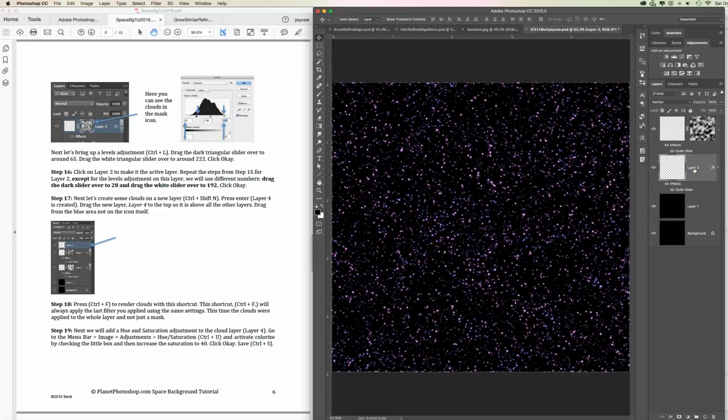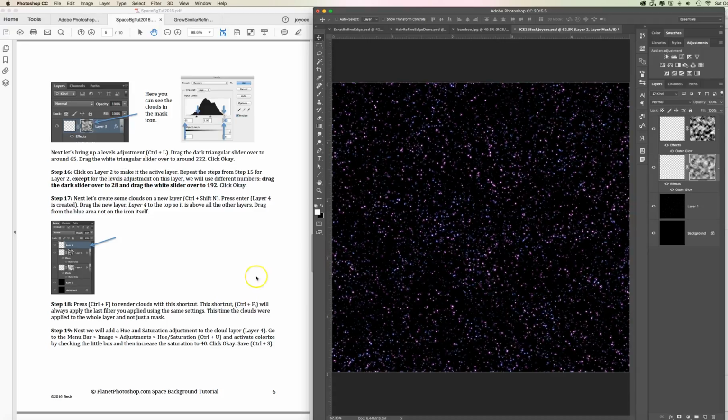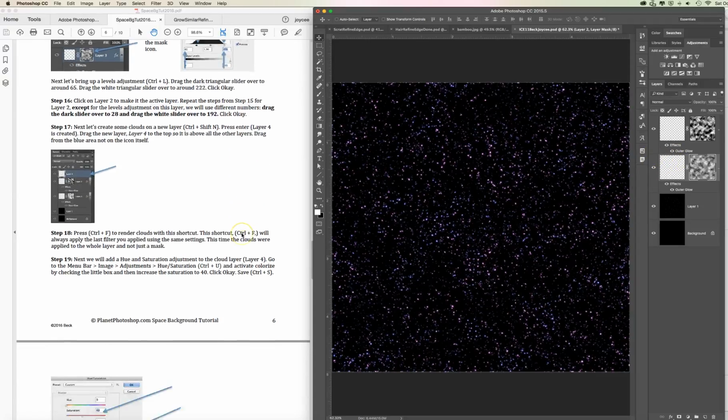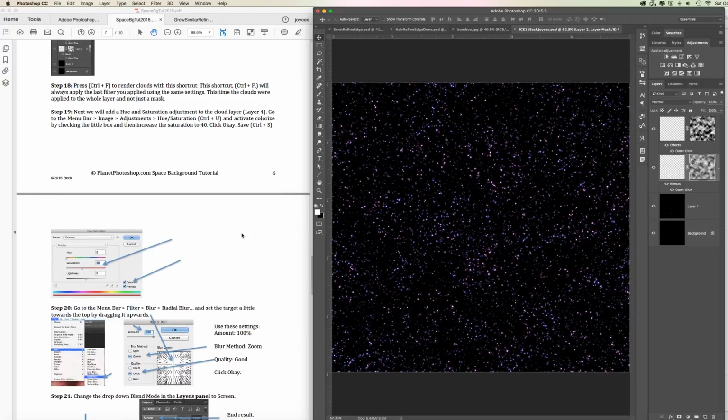But I will target this layer, I will add a mask, and then I'm just going to hit Control F. This shortcut, Control F, will always apply the last filter I did. So Control F, notice I get clouds again, but they're a little bit different. They're not the exact same clouds as what I had before. So here I'm holding Shift and clicking on the mask. I have less stars, okay? There's still a little too many stars, so next we're going to